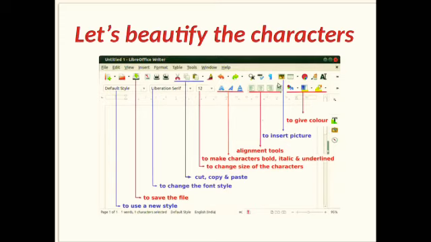Then here we can see a picture tool. It is used to insert a picture. And these three tools help us to give color for the text. In this class we are going to practice all these things and make beautiful characters.